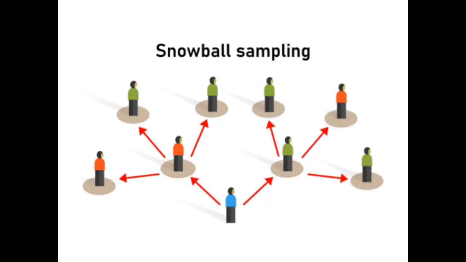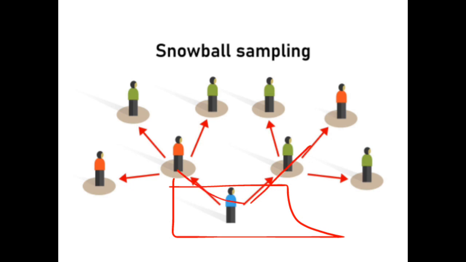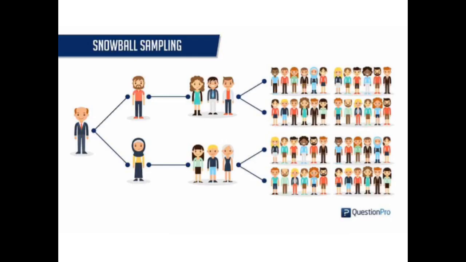As you can see in this illustration here, a researcher may begin with one individual. Then this selected individual can suggest another individual. Then the suggested individual can suggest another individual. Also, this is another illustration about snowball sampling. As you can see, a researcher begins with a single individual, then he suggests another individual. Then the suggested individual suggests another individual until the sample is